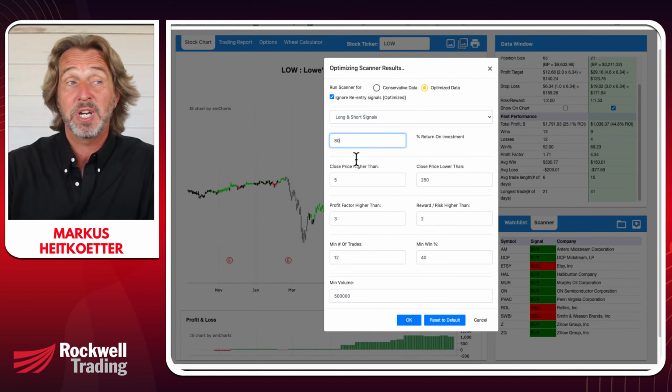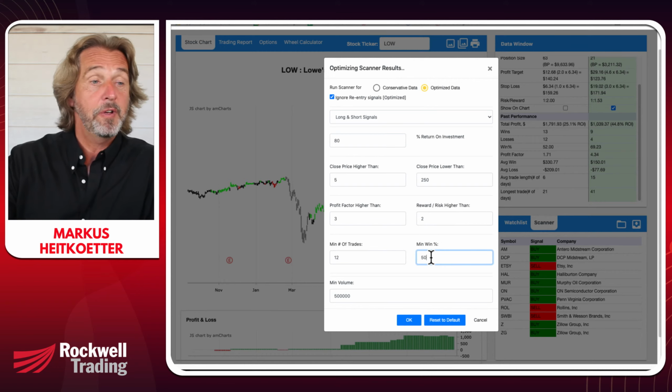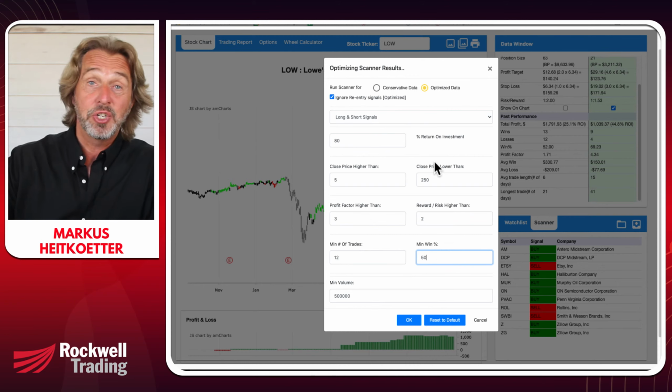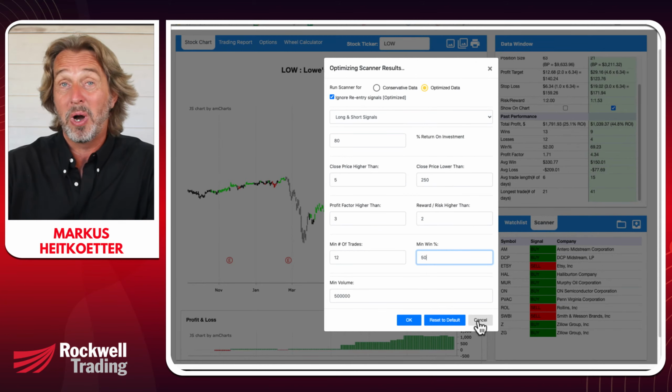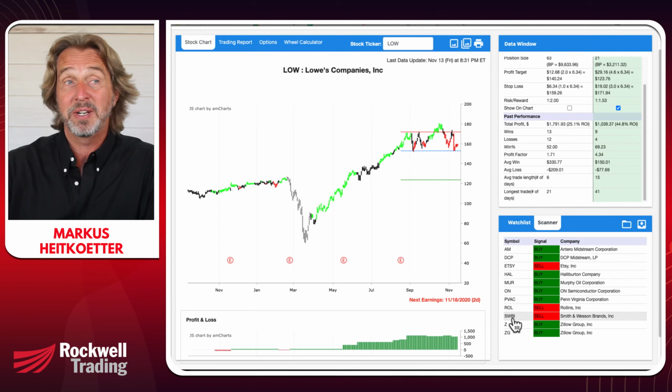So that gives you the potential to make at least 80% based on your investment. Or that have 15 trades or a winning percentage of 50%. So you could do that, right? So you can select your own criteria. That's the power of PowerX Optimizer, that you can do it based on your criteria. Anyhow, so this brings up the list here, and this is where we were able to eliminate one of the